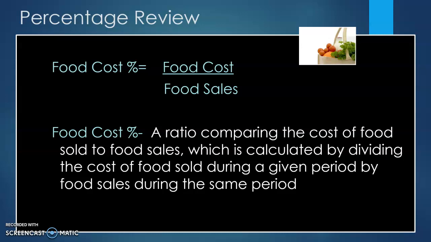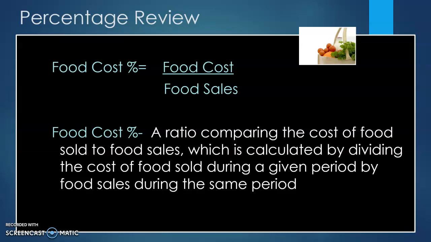And then you look at your food sales. So how much did that food generate in sales? What did your customers pay? Okay. What was their bill? What did they pay for that food? So your cost is up top. Those are the receipts that you paid your vendors. And then down below are the food sales. What revenue did that food generate? If you total up everything, all the bills that your customers have paid, that goes on the bottom.